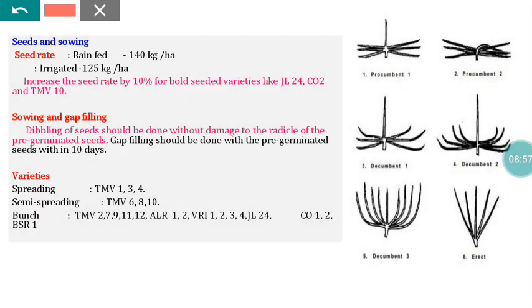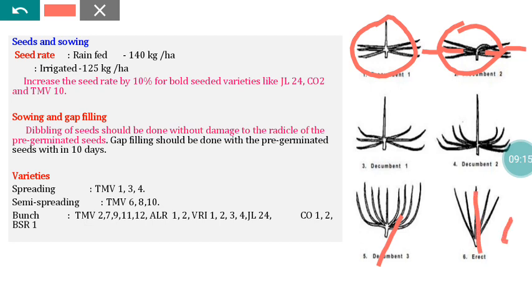In these cases, we have to give more spacing. So this is the spreading type. Here it spreads on the ground, so it will occupy more area. So the population will be lesser in number when compared to the bunch type. Bunch type means an erect nature. The branches have minimum contact with the soil surface and are somewhat erect. So here we can have more plants per unit area. Here we have to use a higher seed rate and the spacing is also very less.